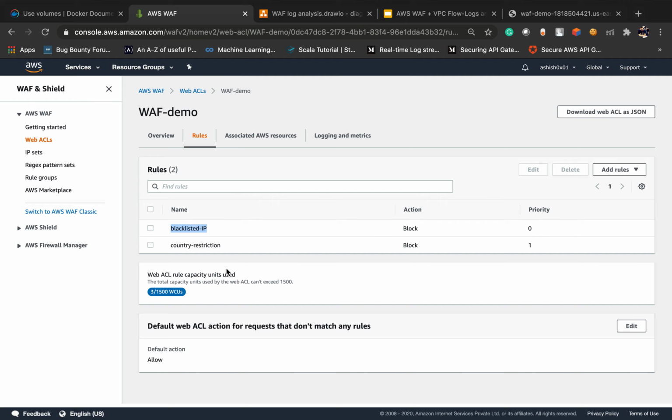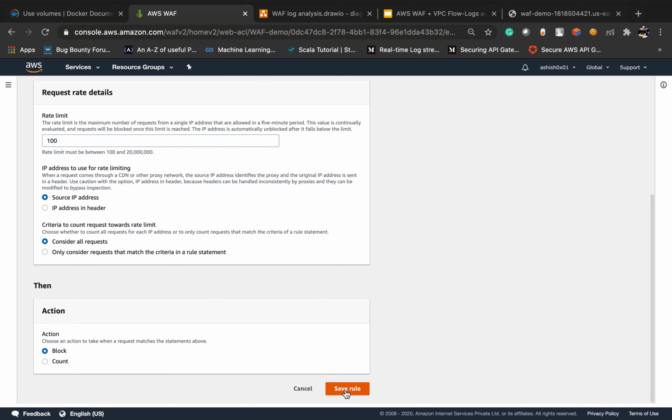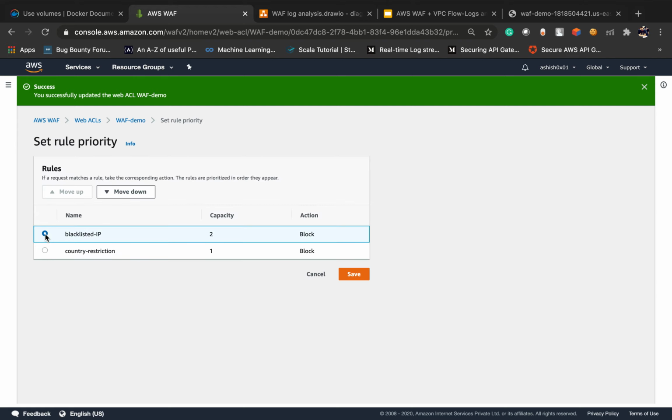Okay, yeah, because what is happening is first it is blocking our request, but this country restriction is allowing our request. So what we need to do is edit this rule. Save rule. Here we need to move it down.